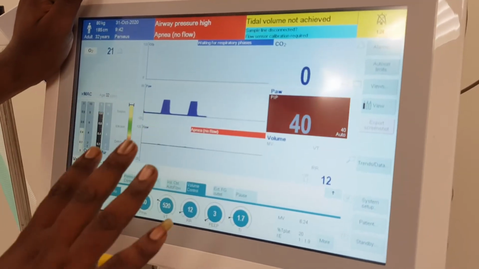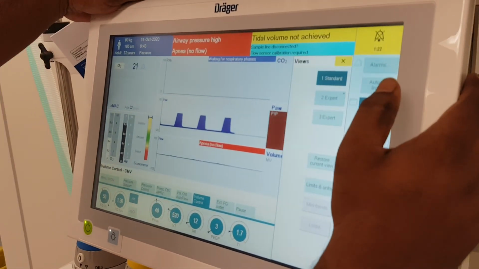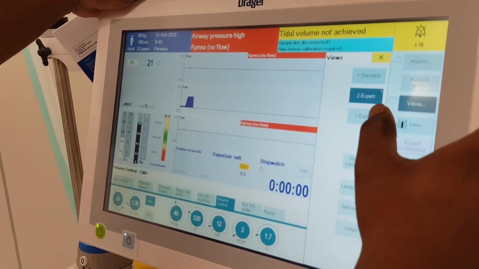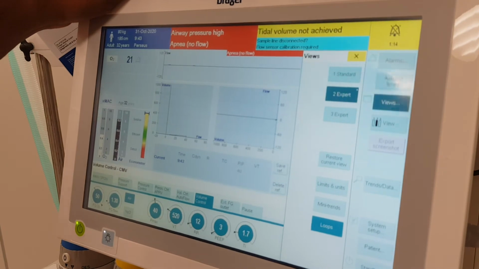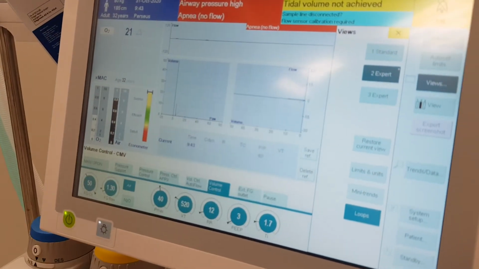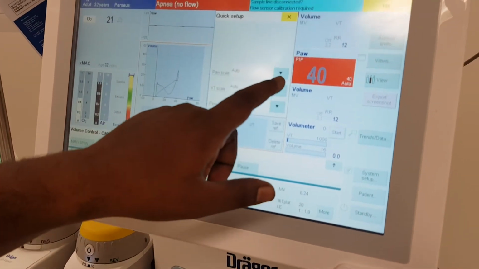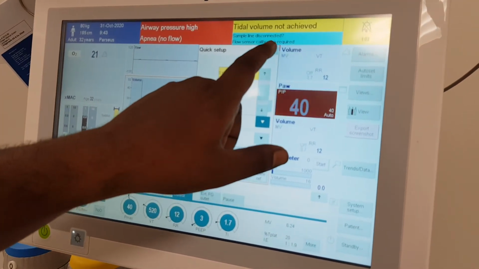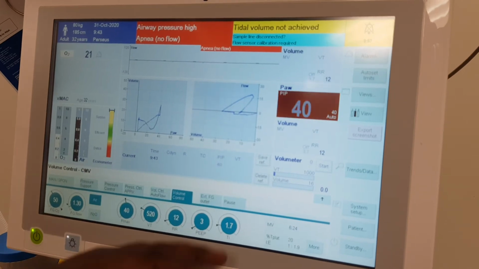Loops also you can set in this: volume loop and flow loop. If you want to change that, you can see this. Change this also. And save and delete reference.